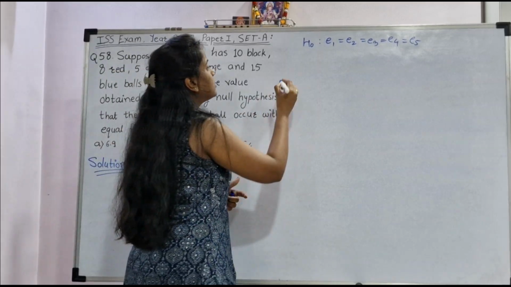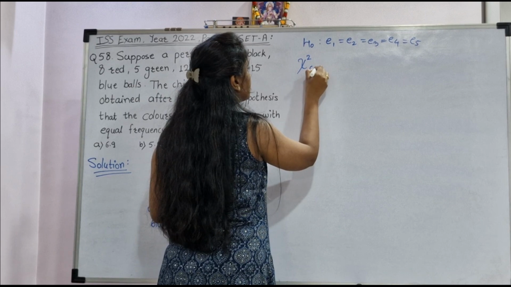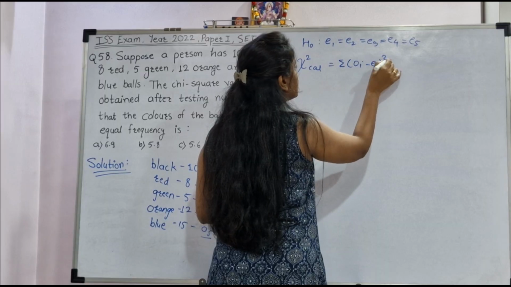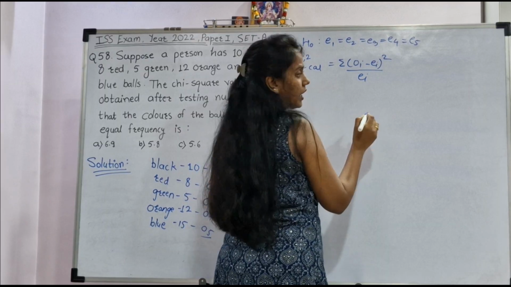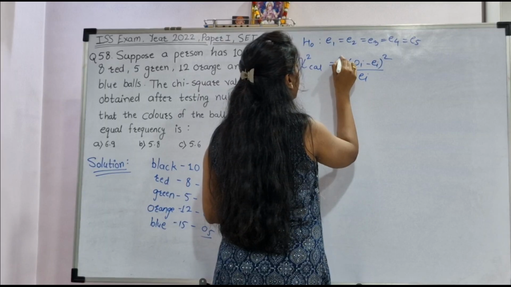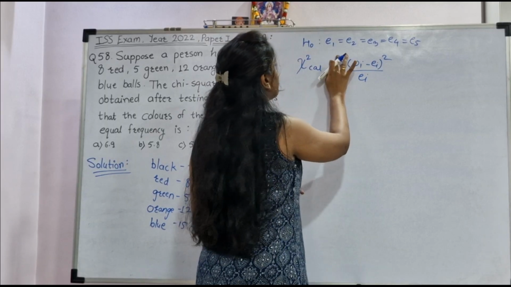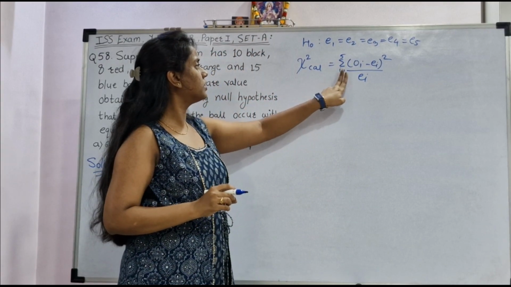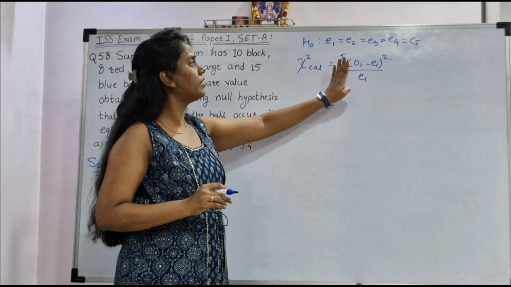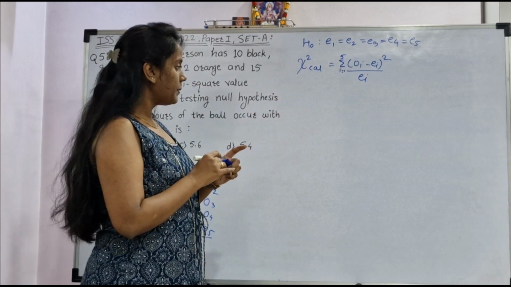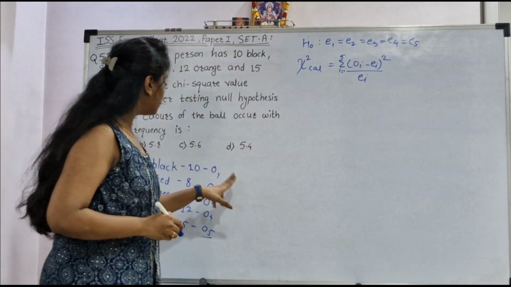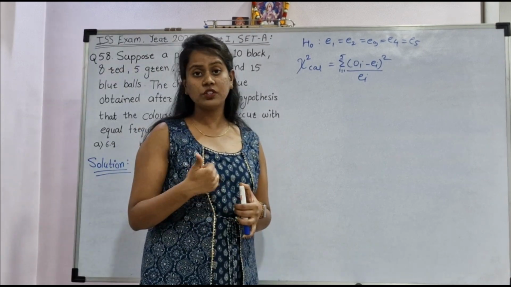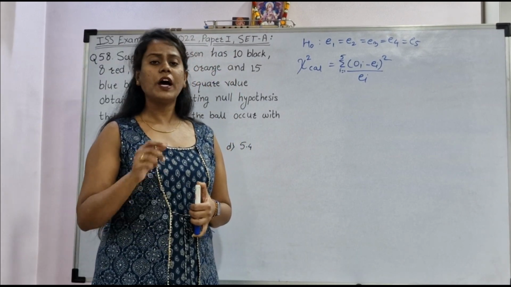Okay. Now what is the formula for chi-square? It is summation (Oi minus Ei) square upon Ei. Here range of i is 1 to n. So in our example there are 5 values. So here we will write summation over i takes value 1 to 5, (Oi minus Ei) square upon Ei. Now here we know the values of Oi, okay, but we don't know the value of Ei. So first of all we have to find out the value of Ei. How we can do that?